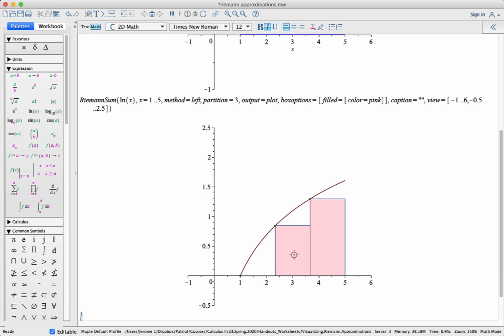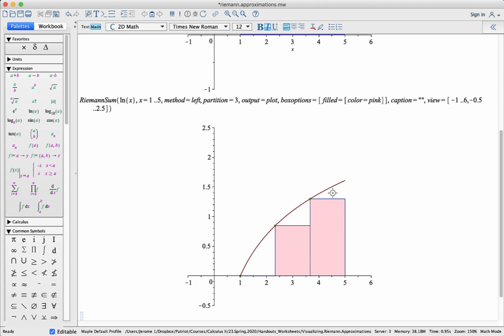So you might say, well, we're only using 2 subintervals, but that's not true. We're using 3. It's just that one of those subintervals contributes a value of 0 to the Riemann approximation, right? So you can see the two rectangles here. This would now be considered a pretty poor underestimate, because it's not capturing any of this area or this area, as opposed to when we did the right approximation, it